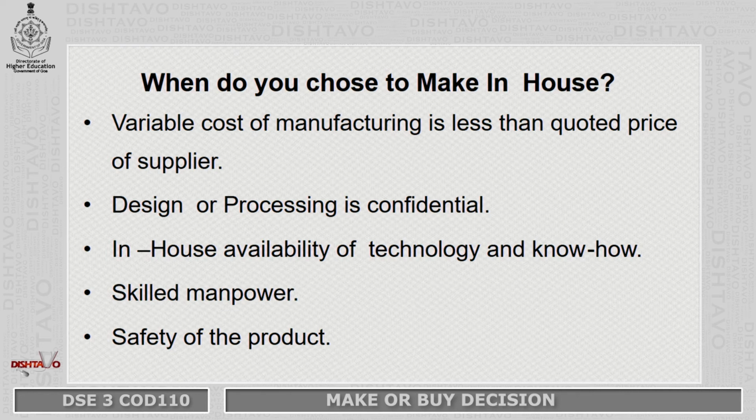When do you choose to make in-house? I now have to decide on the factors, whether to take a decision of making or of buying. The first one is the cost quoted by an outside supplier compared with your cost, and when I am talking about cost, here I am going to talk only about variable cost. You remember in a cost structure we have two types of cost: fixed cost and variable cost. We are not going to take fixed cost into consideration. Rather, we are going to take only variable cost into consideration here. Why? Because fixed cost remains constant whether you manufacture a product or not, so you have to bear that cost.